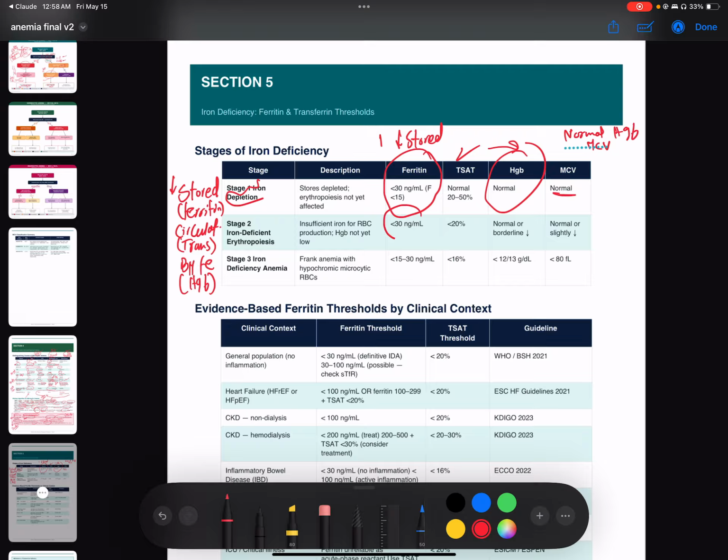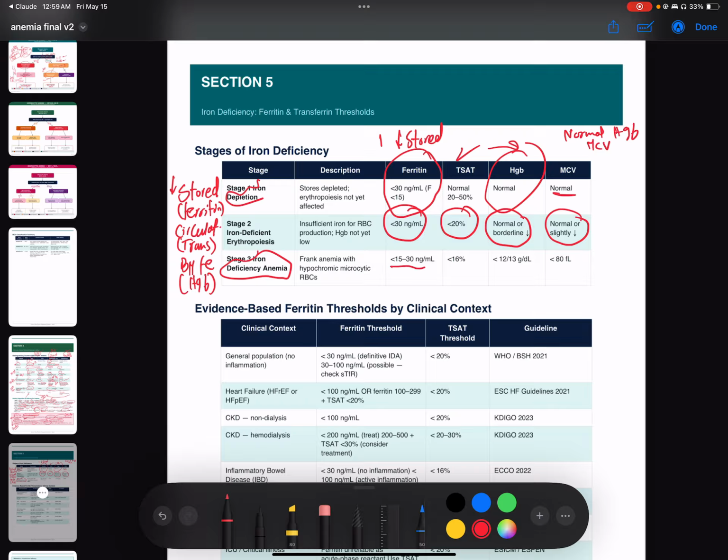Stage two, you have a decrease in the stored iron, which is represented by the ferritin. You have a decrease in the circulating iron, or the transferrin iron, which is represented by low TSAT, but still the bone marrow is able to get some iron to keep the hemoglobin normal, and most of the time you'll see normal MCV as well. Stage three, it will be iron deficiency anemia,